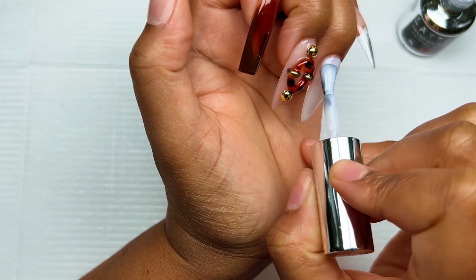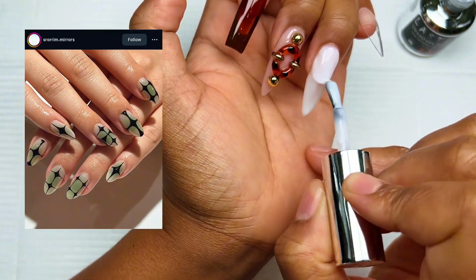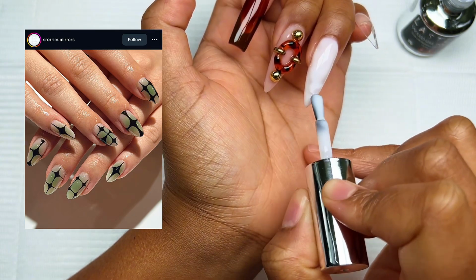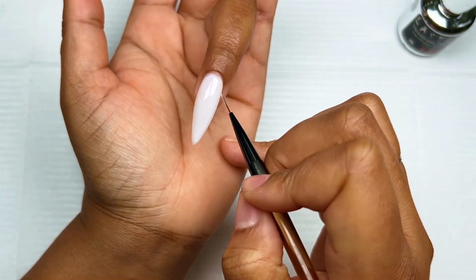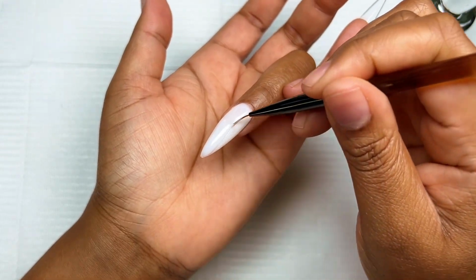Ring finger, here we come. And this one is inspired by sororim.mirrors on Instagram. It's giving connected 4-point stars, and I've been dying to try this design, you guys. I would actually like to do a whole set of these, so also let me know if you guys would like to see that. I'm going in with the exact same milky rubber base coat, applying it the exact same